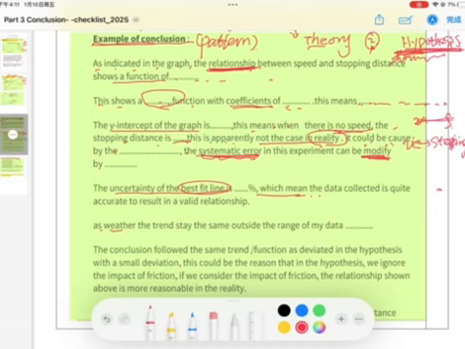So, whether the trend stays the same outside the range of my data. After you have discussed your uncertainty and have a general conclusion, you could also talk about whether your conclusion stays the same outside the range of your data. Because in your design, your data is within this range, right? And that means your conclusion is derived from this range of the data. Now, whether the conclusion still follows the same pattern, same trend, outside the range of your data, you could also discuss